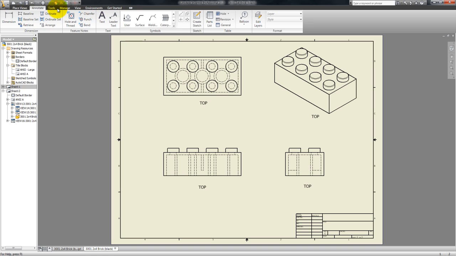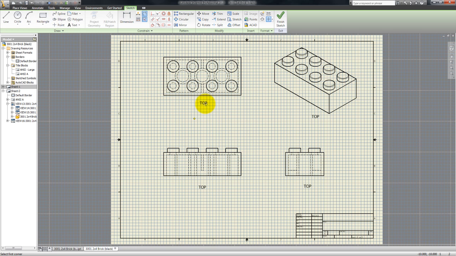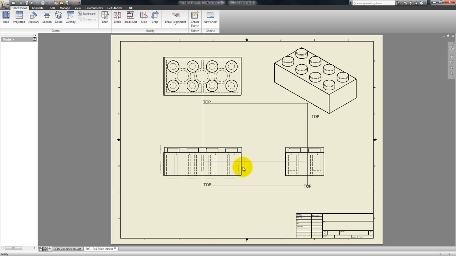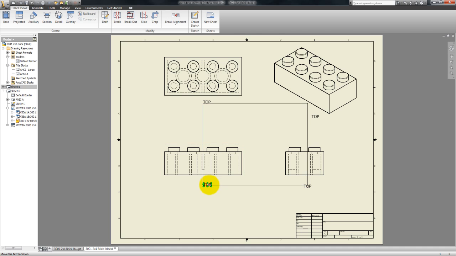So to do that, let's make a sketch, make a rectangle, and we'll line up all of them to the corners of the rectangle. So let's finish our sketch. We just line them all up to the corners of the rectangle. We could do this more precise, but just to show you how to do it. Anyways, so yeah, line them all up, make them all lined up horizontally and vertically and centered in the images. Like if you see this line here, we're going to want to center them in the piece. So to edit this, we'll double click it,